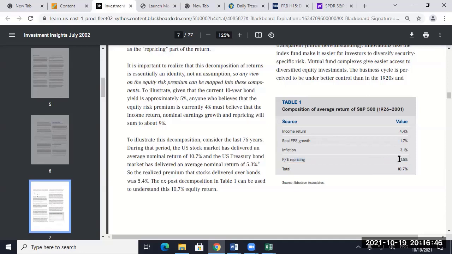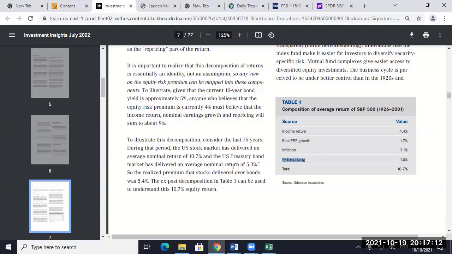So what does that mean? That doesn't mean that you expect a 1.5 repricing going forward. It just means that we don't have to correct for that. All that repricing is just rewarding those people for us going from a higher risk, higher cost environment to a lower risk, lower cost one. Going forward, that should just be zero. So you can argue that, or some combination of the two. All right. And what they do in the rest of the paper is they just go through each one of these pieces and talk about them.